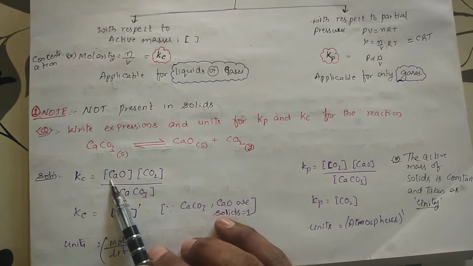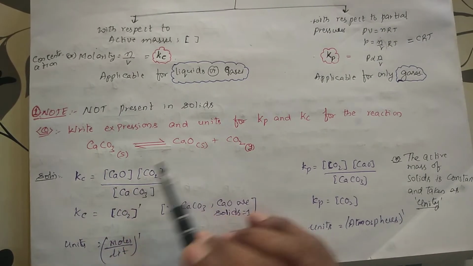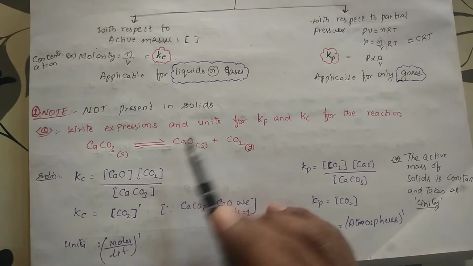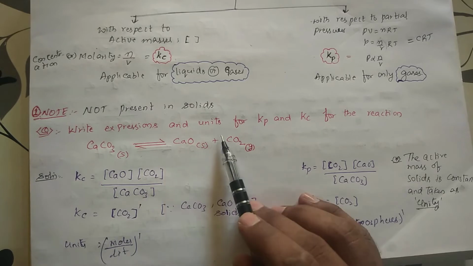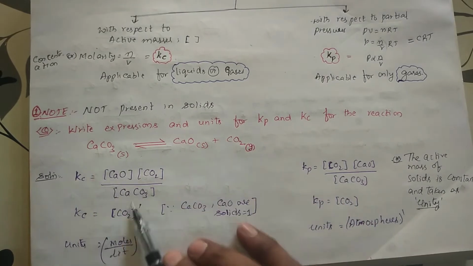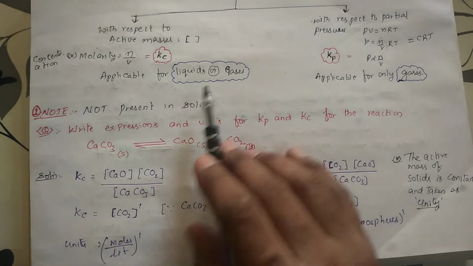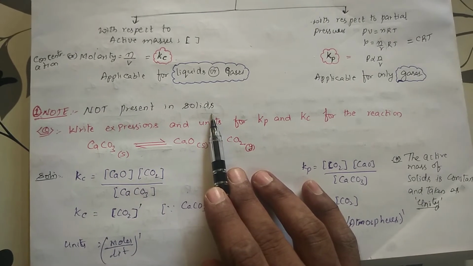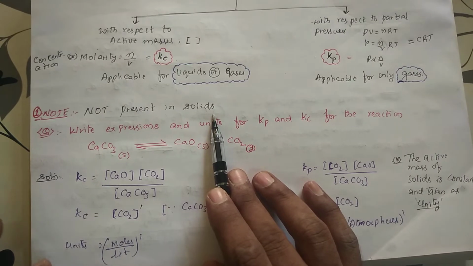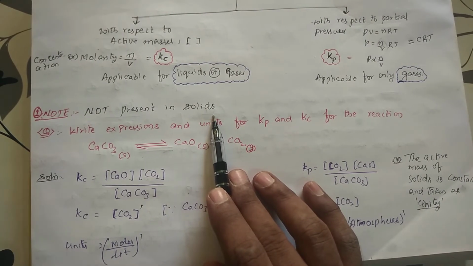Products concentration CaO, power is 1 here, so already you will be getting power 1 because the stoichiometric coefficient is 1. CO2 is also a product, so that stoichiometric coefficient is 1, here also the same. This one is CaCO3. And I have already said that whenever solids are present, the particles will be very close together. Number of particles, when compared with respect to gases, they will be very heavy. So solids will not be compared and will be taken as 1.